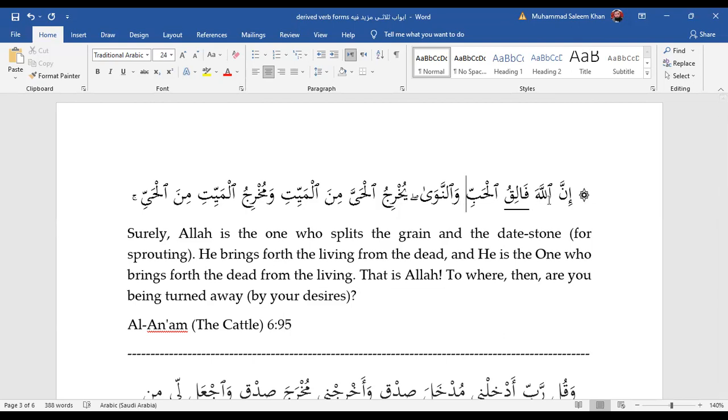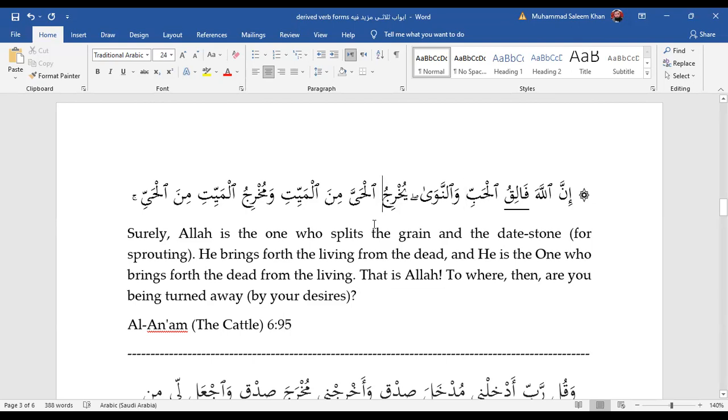Ismu inna is Allah and khabaru inna is Faliq. Faliq al-hab. Excellent. Faliq al-habbi wa nawa. So perfect. We have figured out and we can now grammatically analyze that. This is a nominal sentence, and a nominal sentence is basically stronger than the verbal sentence. We will figure out how, because one of the reasons is that it is emphatic. We have the use of inna, whereas in a verbal sentence we don't have this facility. Okay, so the first part is done.